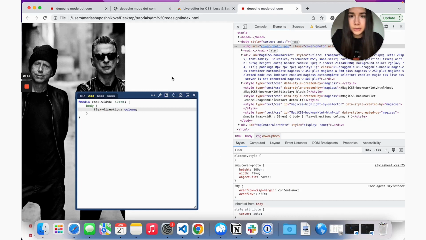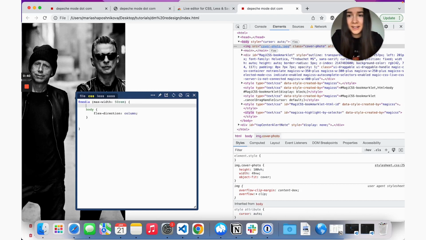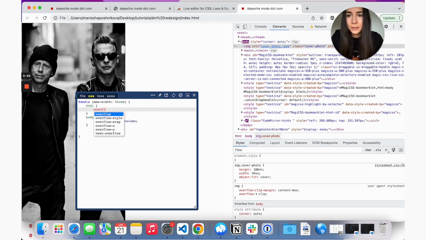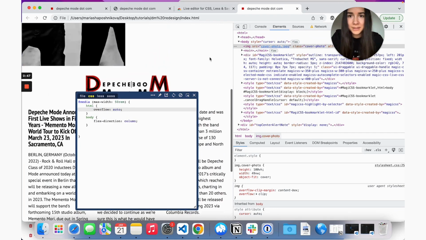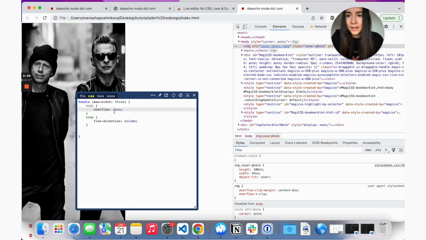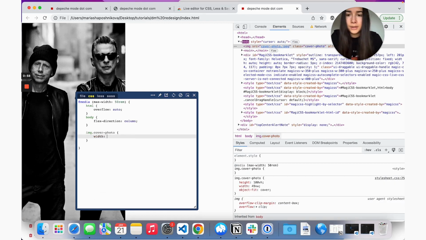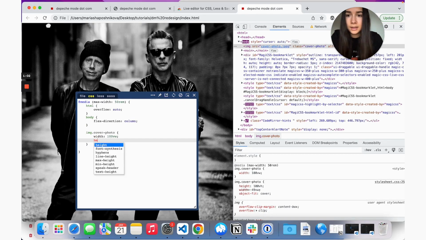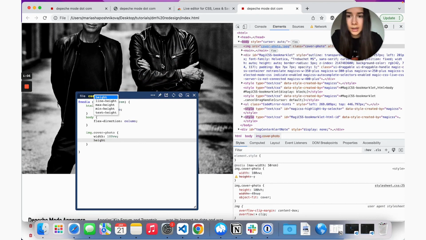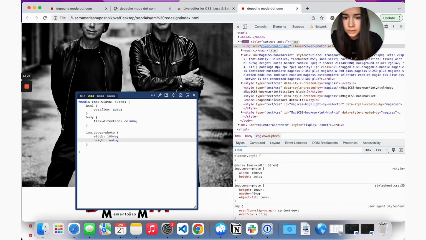And now we need to update our image. First we need to update our HTML overflow. We want overflow auto. So now we at least are able to scroll. And then for our cover photo, we want it to be width of all available space, and then set the height to auto.